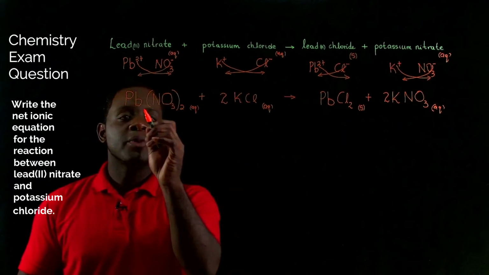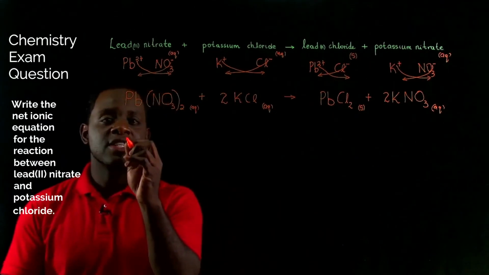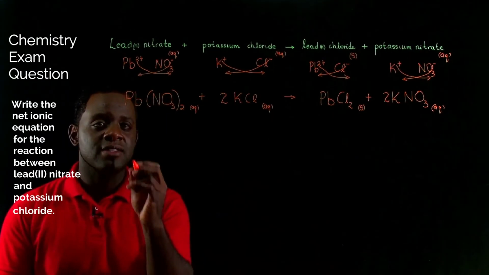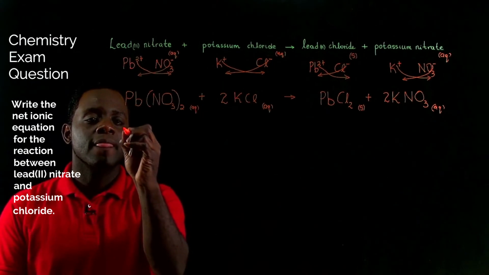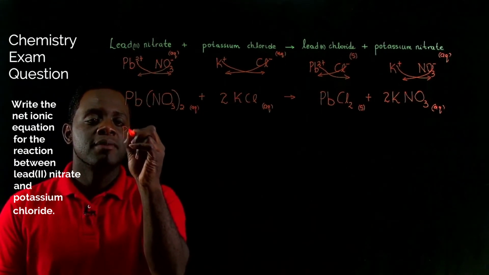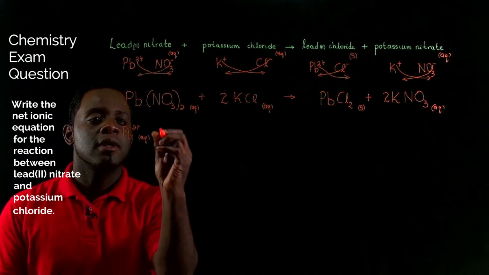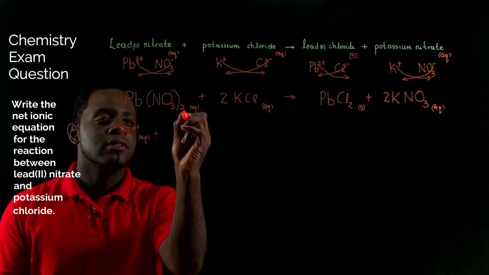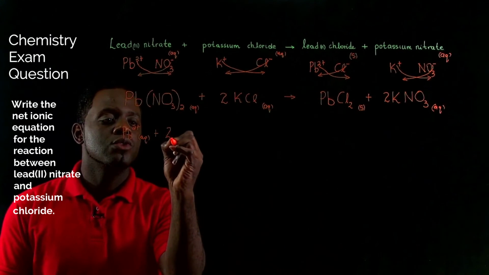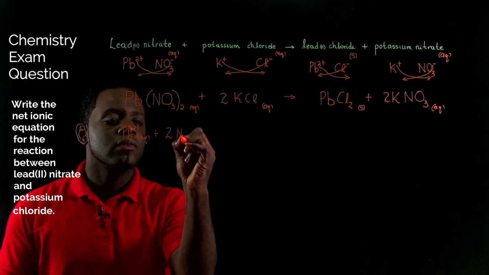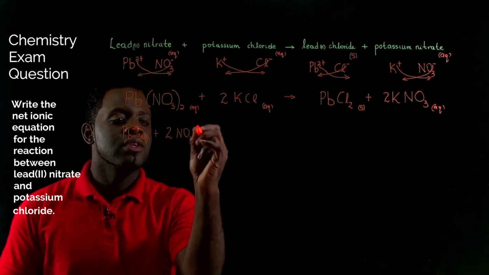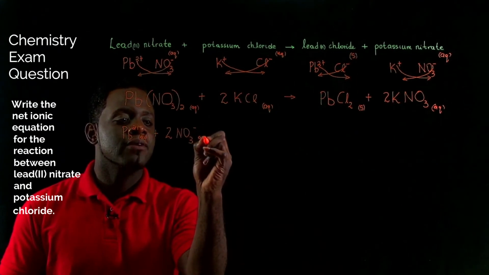So let's separate lead 2 nitrate into its respective ions. We will have Pb2+ aqueous plus 2NO3- aqueous